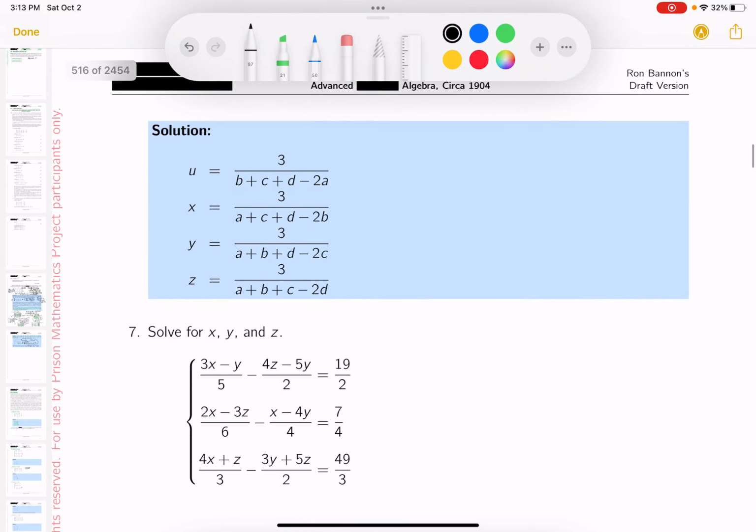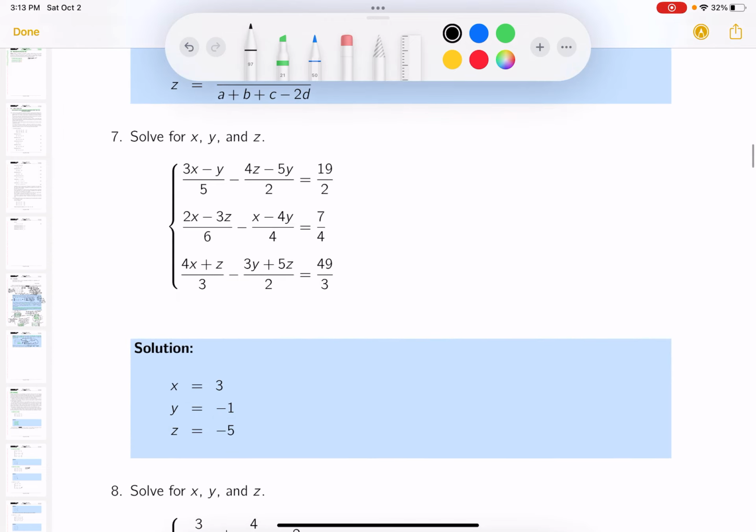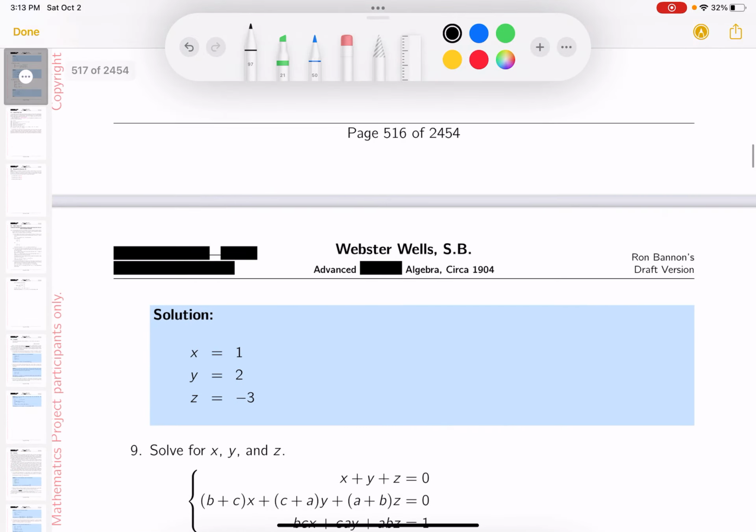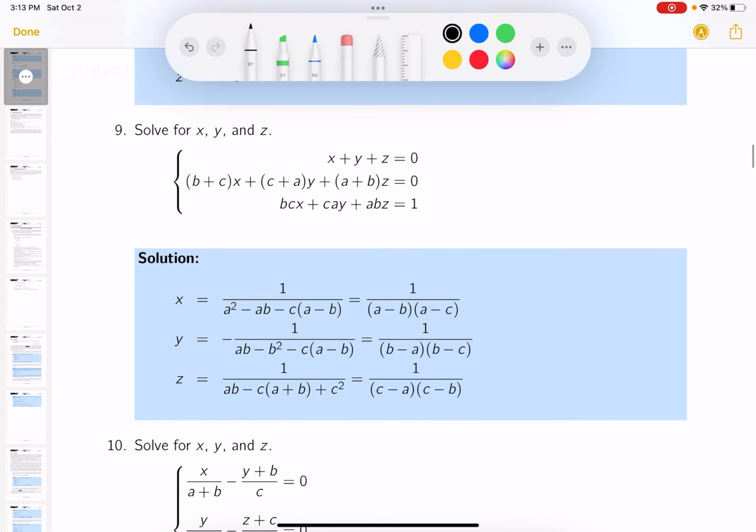Also, we give you answers. These answers look tough, though. There's no doubt about it. They look like tough answers. 7 looks tough, but probably not that tough. Not that bad. 8 looks tough, but probably not that tough. 9's got those,